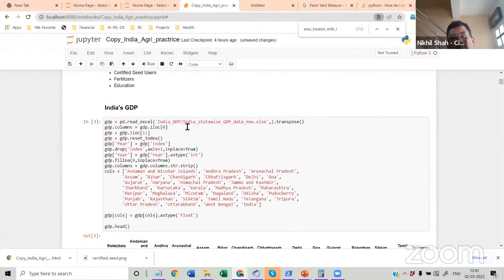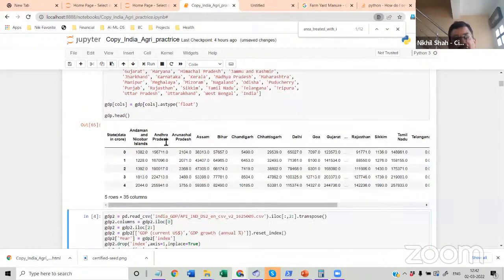This data, all this file that we just saw, these are the Excel file or the CSV file. We are writing a Python code to read that data and do further analysis, right? So I'm just running the cell, and this is just a quick summary of that data, and here we are just printing the top 5 rows.